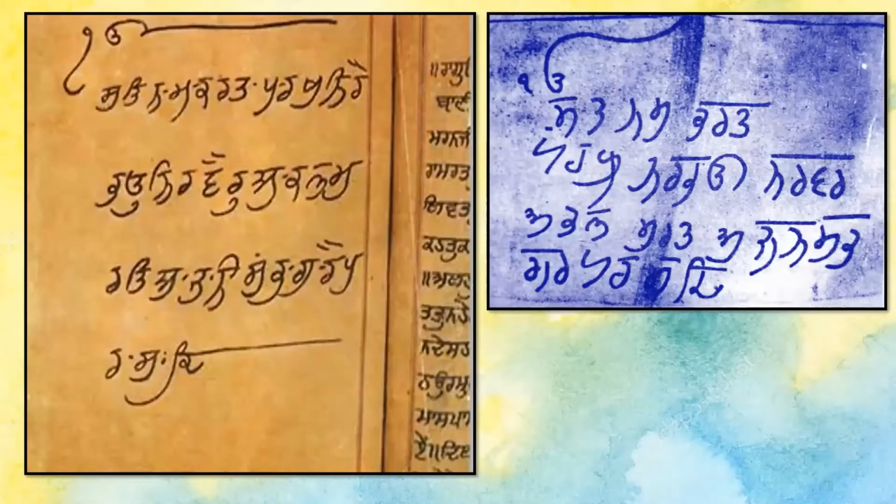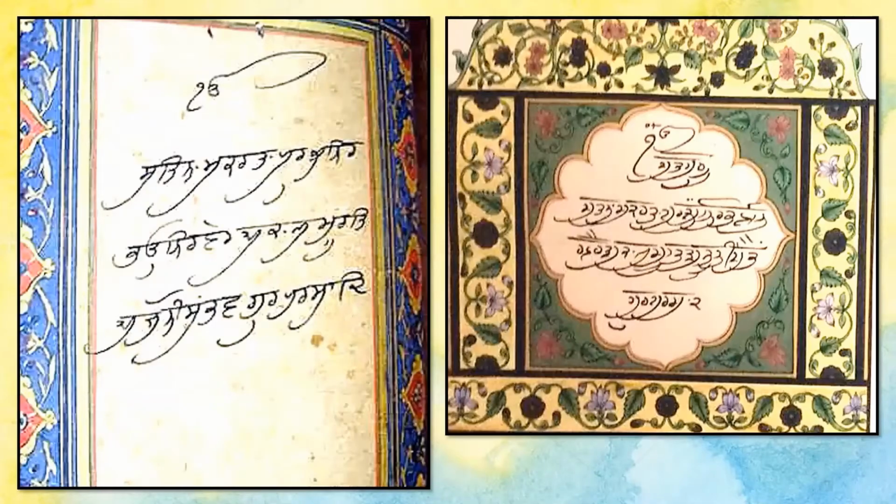These are handwritten Mool Mantars by some of the Guru Sahibans. The first one is by Guru Hargobind Sahib ji, the 6th Guru. Next you see the one by the 7th Guru, Shri Guru Har Rai Sahib. It's really nice handwriting. The next is handwritten by Shri Guru Tegh Bahadur Ji Maharaj, and these were their signatures. When they would sign anything, this is how they signed. And the last one is by Guru Gobind Singh Ji Maharaj.